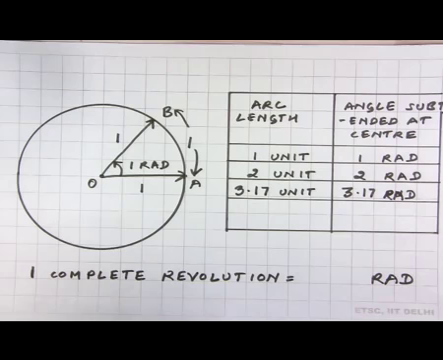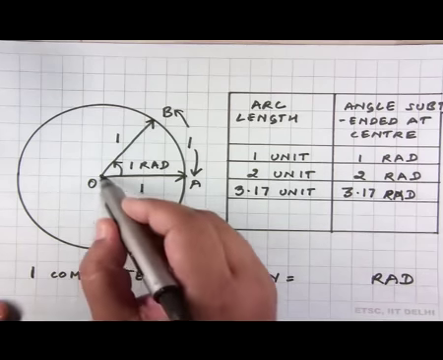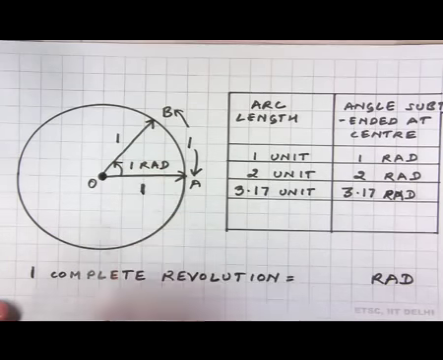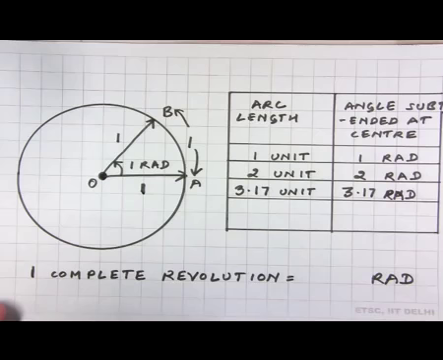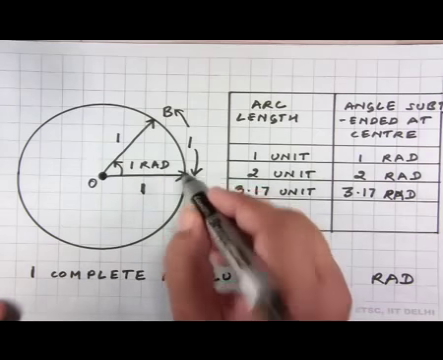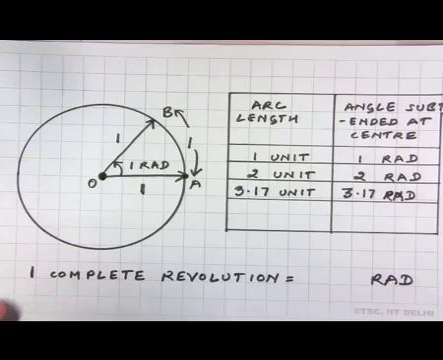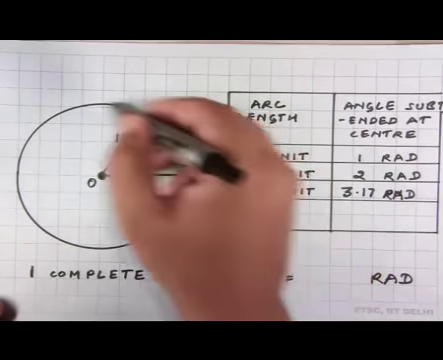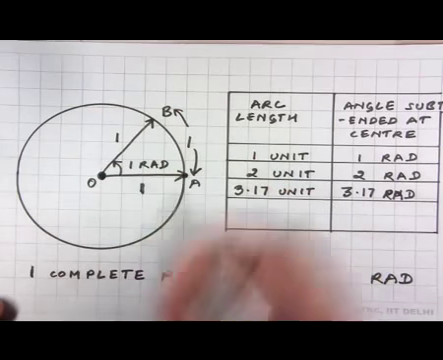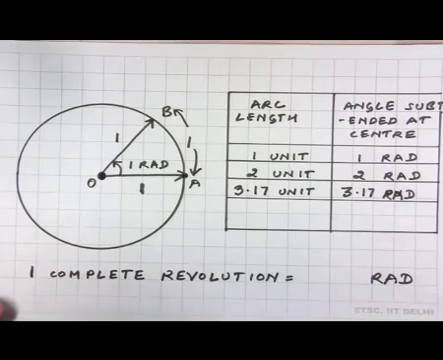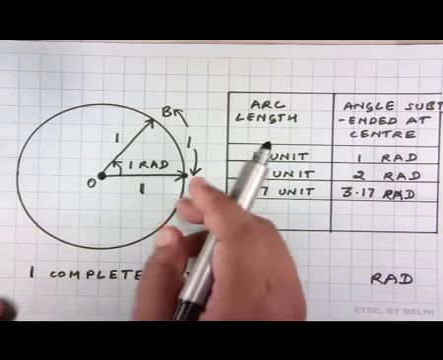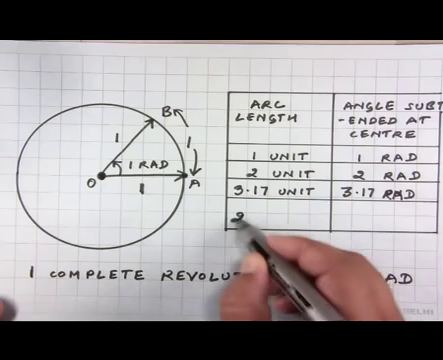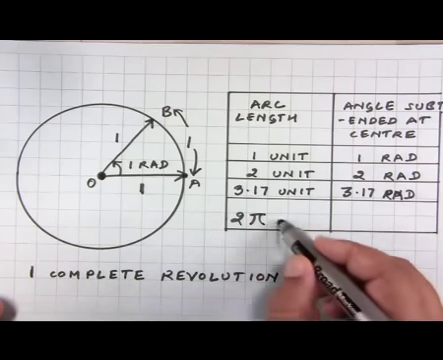Now, we know that for a circle here of let us say radius 1 unit, if I start from this point A, so look at this OA, and I make a complete revolution, which is that I go like this and then come back to A. If you make a complete revolution, then the arc length will be equal to 2 times pi units,